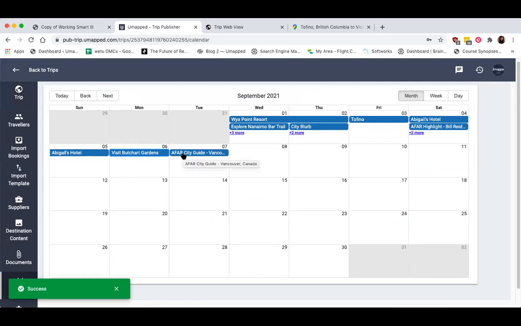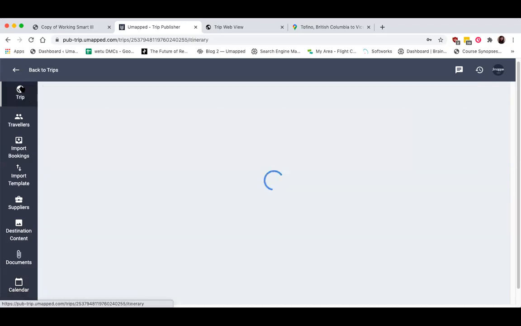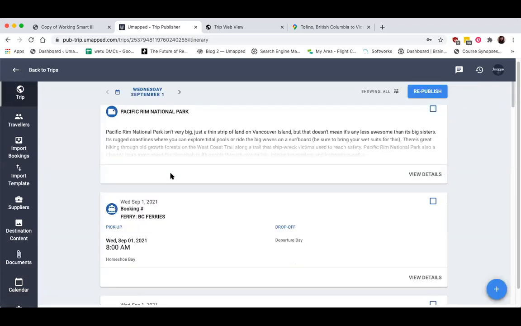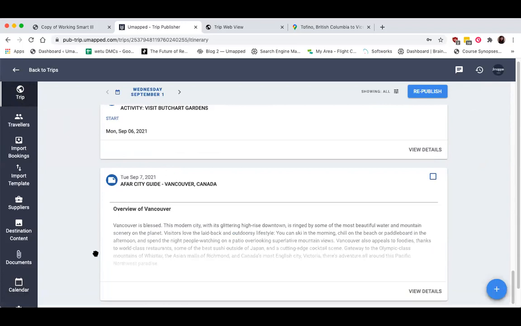And that's going to be reflected in the main body of my itinerary. So you'll notice I just moved the Afar City Guide from the 6th to the 7th. If I now go to my trip by clicking on the trip button at the top, and I'll just scroll down, and that Afar City Guide is now on the 7th of September. So anything that you do in the calendar is going to get reflected in the main body of the itinerary.